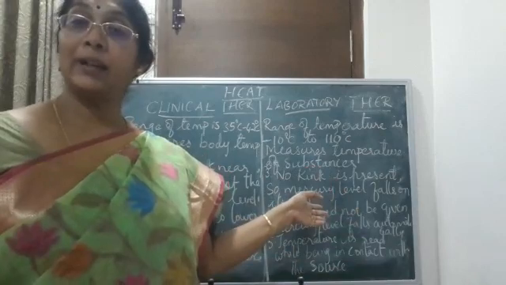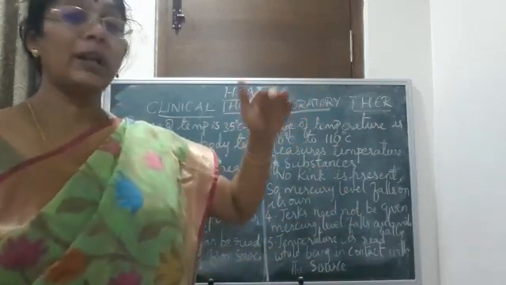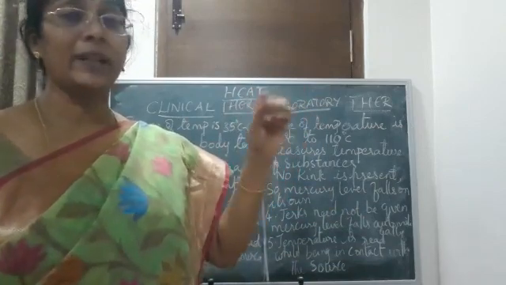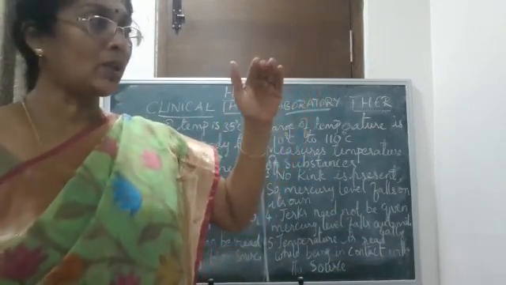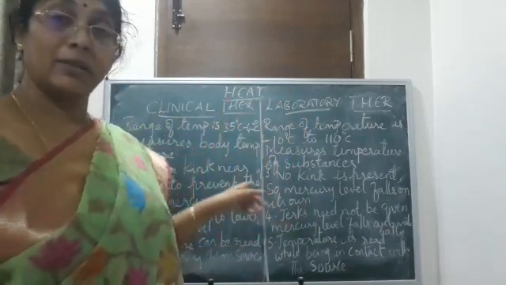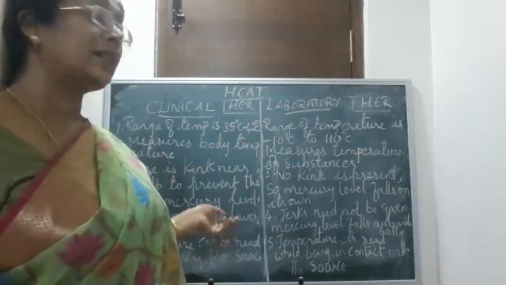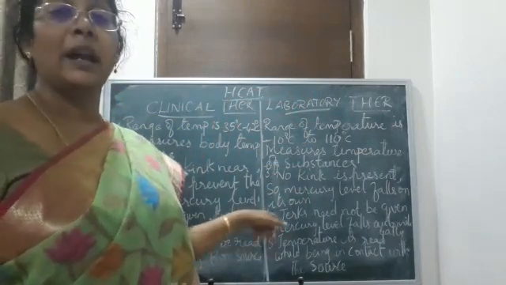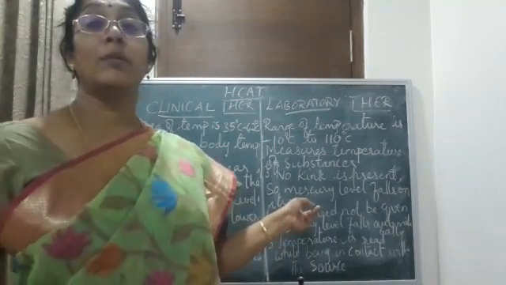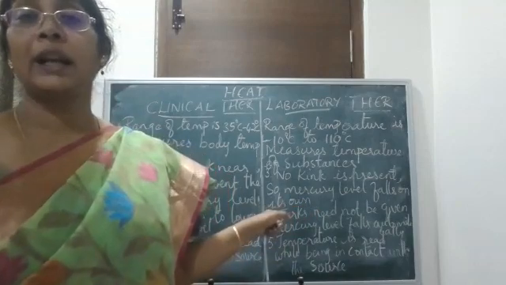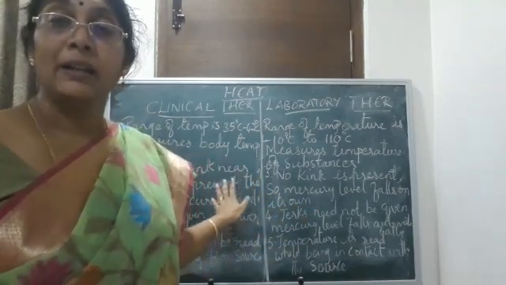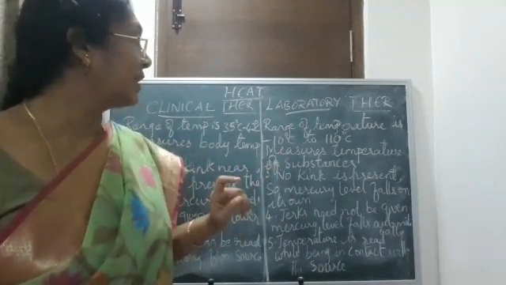But here temperature is read while being in contact with the source only. And it is important here because we want to know at what temperature what reaction takes place, so at 50 degrees or 55 degrees or 60 degrees. So reading the temperature after removal from the source is important in a clinical thermometer, and in the laboratory thermometer reading the temperature while it is in contact is very, very important. So these are the differences between a clinical thermometer and a laboratory thermometer.